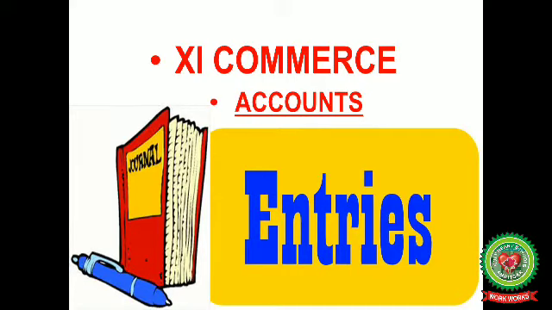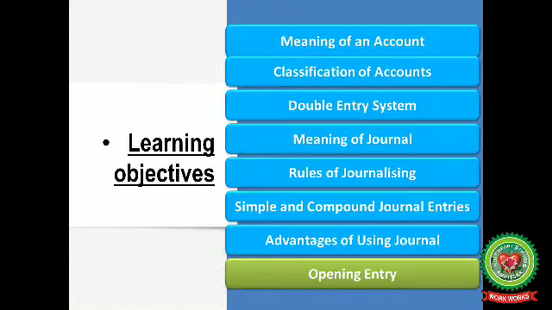So, plus one commerce, you all are doing chapter number 7, that is Journal, of your book. And here we are going to discuss the different entries, the different concepts associated with entries, the combination of entries, and many more. So, first of all, before starting with the topic, let me first introduce the learning